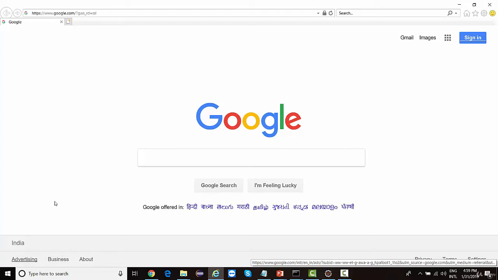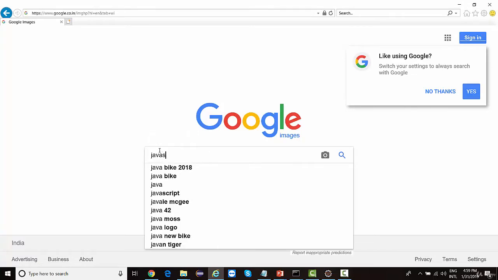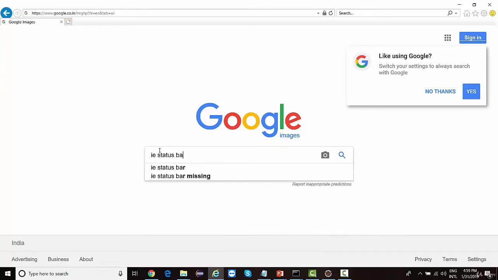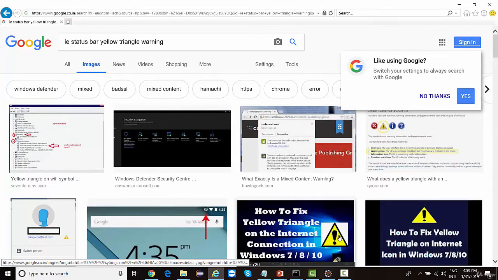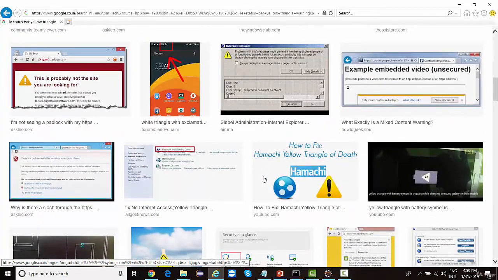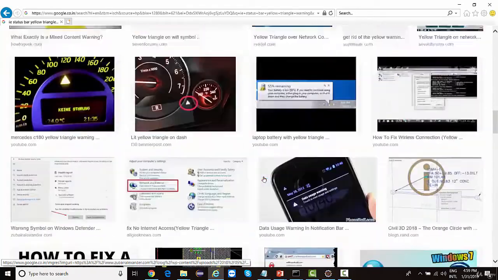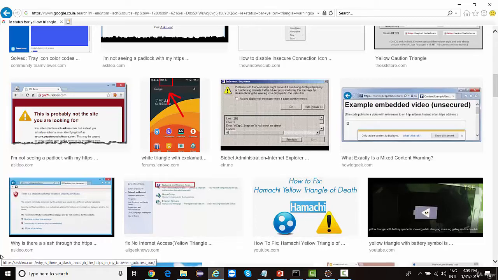If I take you to images, IE status yellow triangle warning. Something like this yellow triangle, but it shows up on the status bar. It's not showing up over here, but that's fine. This is what I was referring to.